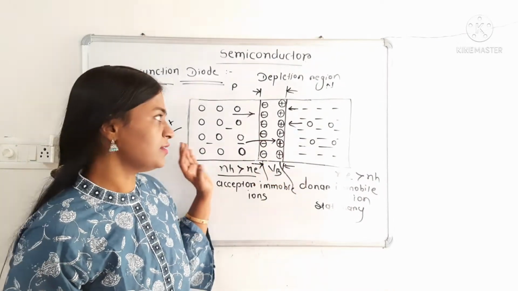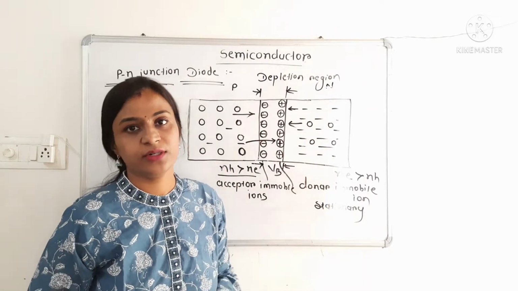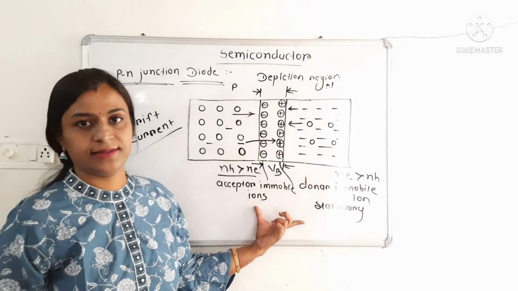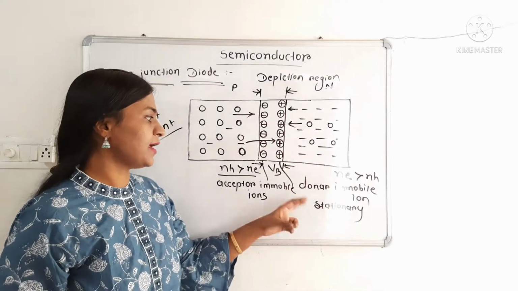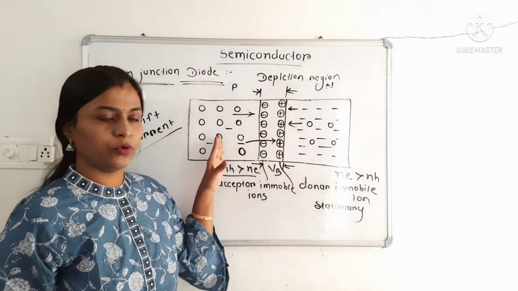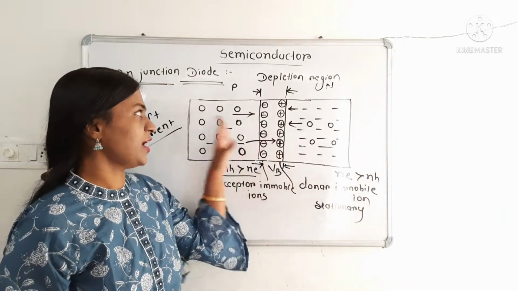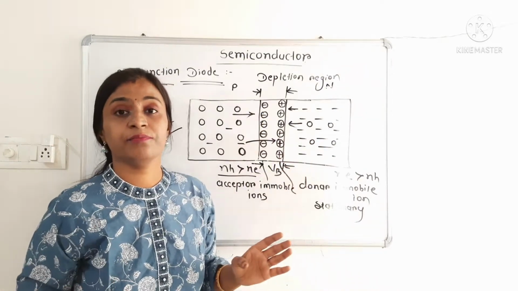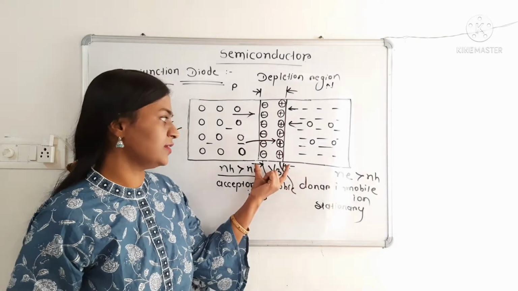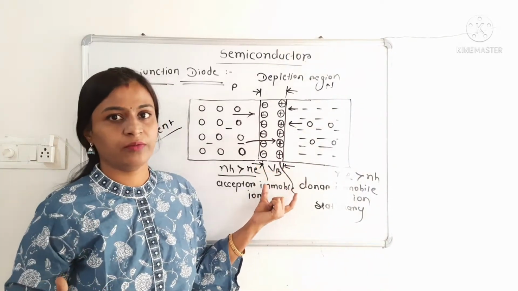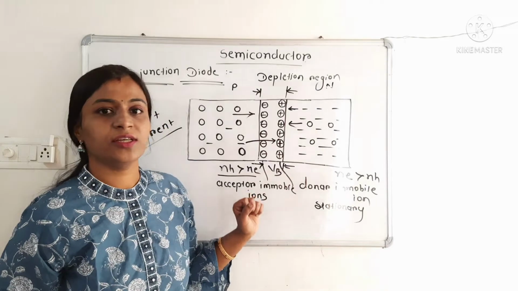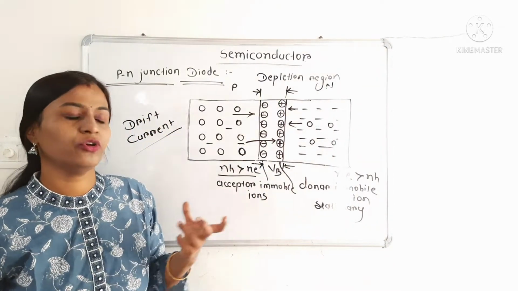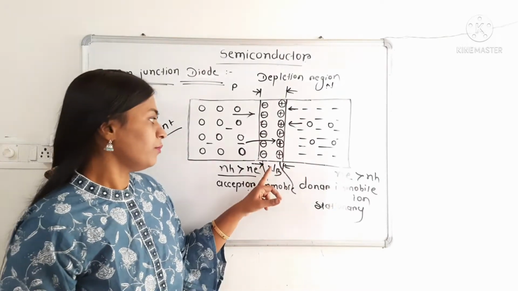During the diffusion process, these majority carriers move towards the junction, recombine, diffuse, and form immobile ions. These immobile ions have opposite polarity: acceptor ions are produced at the p side and donor ions at the n side. Thus a potential difference is developed, and that potential is the barrier potential. And one region is developed, that is the depletion region. The width of the depletion region is very small.